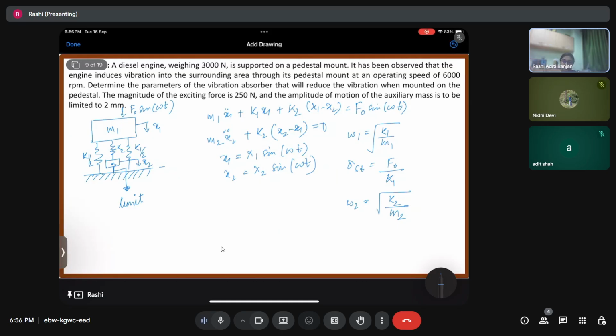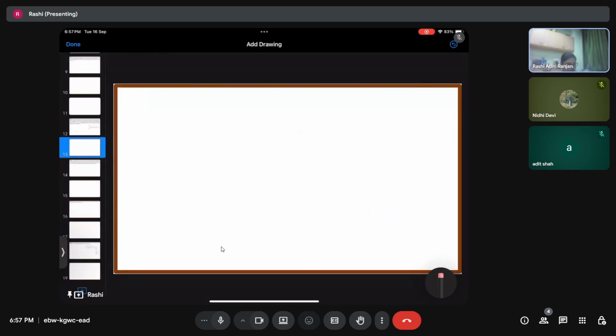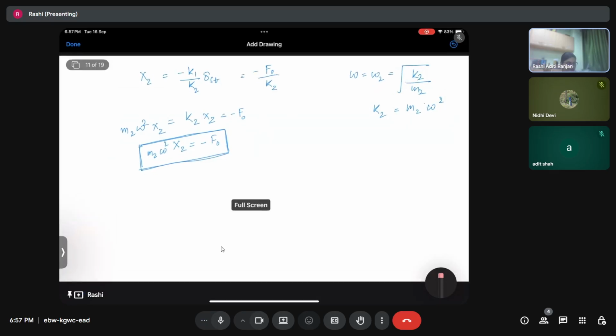We can have infinitely many combinations of k2 and m2. But in practical conditions, we always have a limit. Either we have a limit of how much m1 can oscillate, or we have a limit of how much extra mass we can put into the main system, right? There is always going to be a limit. For a 100 kg mass, we cannot put 50 kgs extra because it is going to reduce the efficiency of the system. It is going to make my system very heavy, right? So there is always a limit either of the mass or of how much the mass can oscillate. So depending upon the limit of x2,